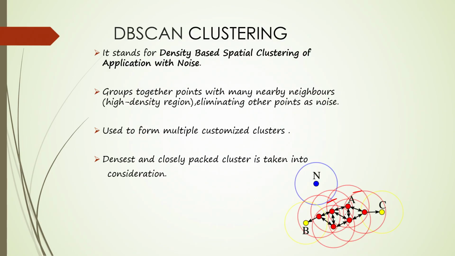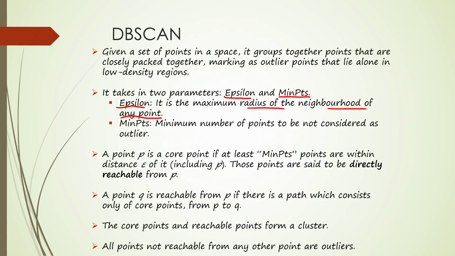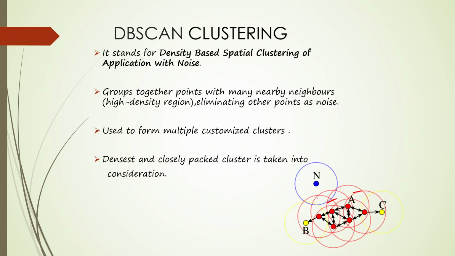So, I will go back and then I will show you. You can see that within this nice circle here, there are P and Q which are within them and they form a nice beautiful cluster. This is one cluster, there can be another overlapping cluster here, there can be another overlapping cluster, because as long as these definitions are adhered to, you can actually call them nice clusters. All points not reachable from any other point are essentially outliers. Again this becomes an outlier, as you can see. In other words, this is easy to implement, okay.